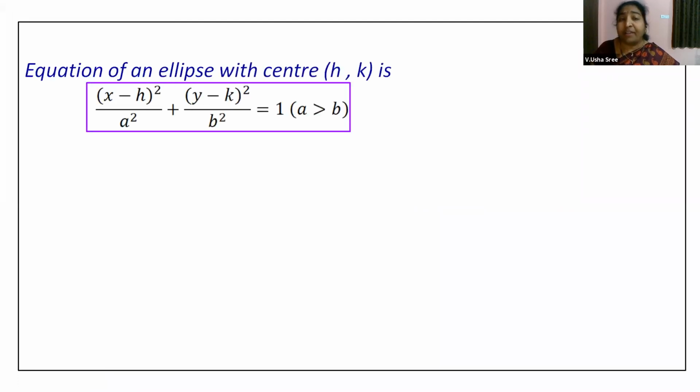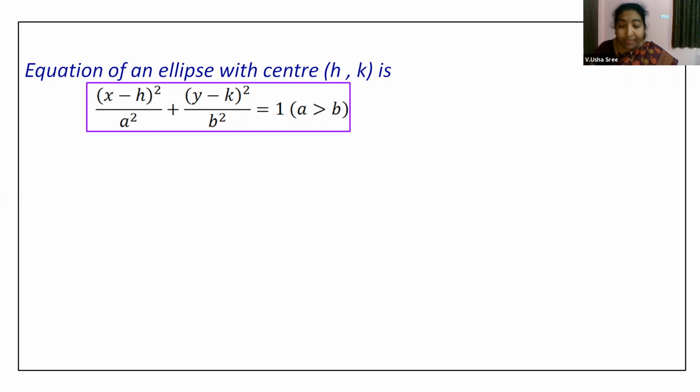So quickly, we will look into the equation of ellipse with center h comma k. Other than center 0 comma 0, we have seen the other form with some center as h comma k. h comma k can be any point. In that case, the ellipse equation will be represented by x minus h whole square by a square plus y minus k whole square by b square equal to 1. Here again, we are recollecting the a greater than b case. Of course, even this has a conjugate form, with h comma k as the center, that is the a less than b case.